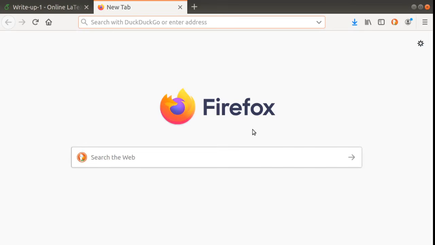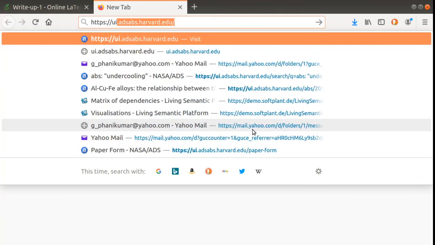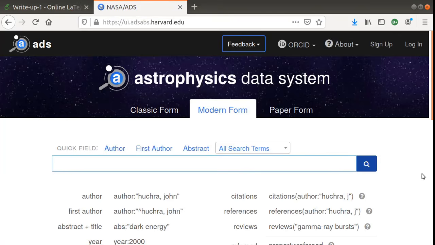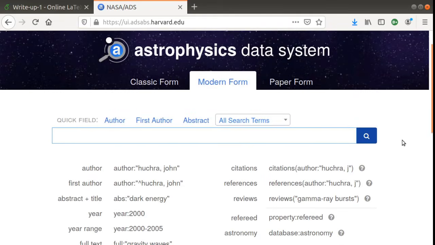Now Harvard University has a website where they have provided the literature information about astronomy and physics, and the indexing information for all these articles is also made available for free. And here you can also search for topics in the area of physics.